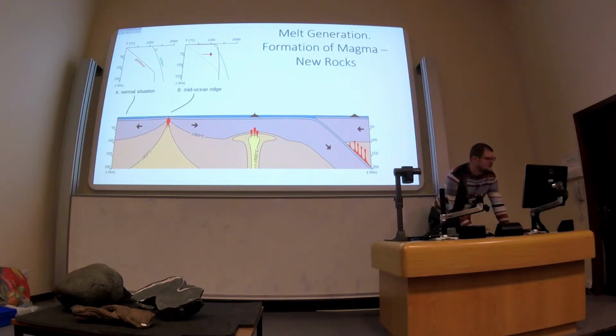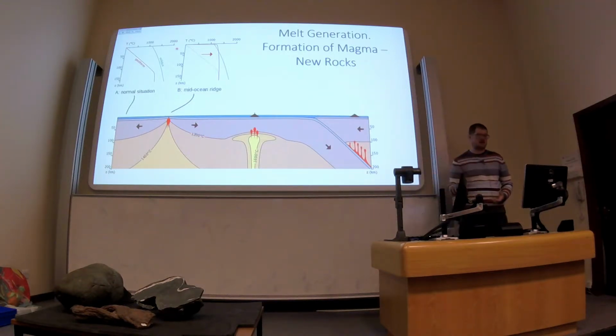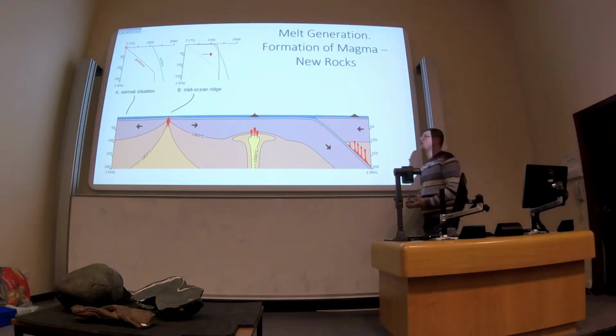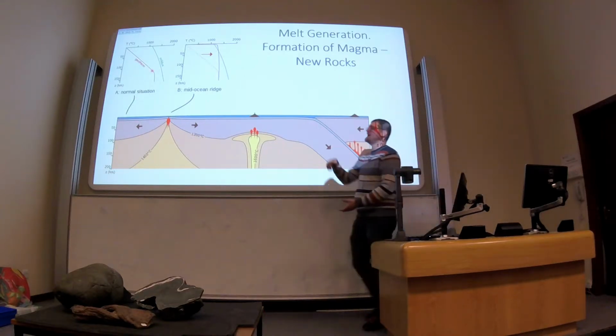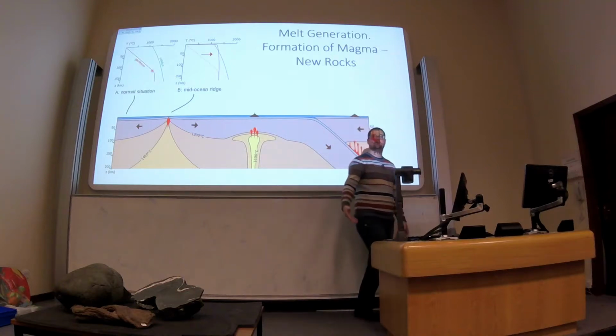So the thing is to look at these graphs at the top. We've got depth down into the Earth, and then temperature increasing to the right. At the surface of the Earth, it's quite cold. In fact, at the bottom of the ocean, it will be about 2 degrees Celsius, maybe. So we'll be here at the top. Now, as you go down into the Earth, because the centre of the Earth is very hot, it gets hotter and hotter as you go down. That's what this red line is here. It's called the geotherm. So this is how it gets hotter as you go down into the Earth.